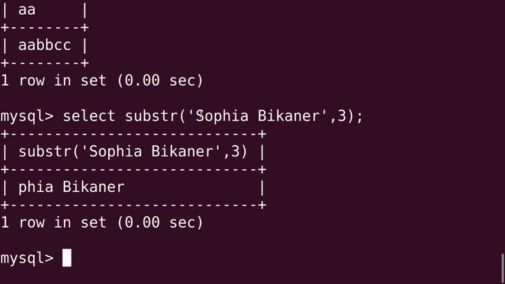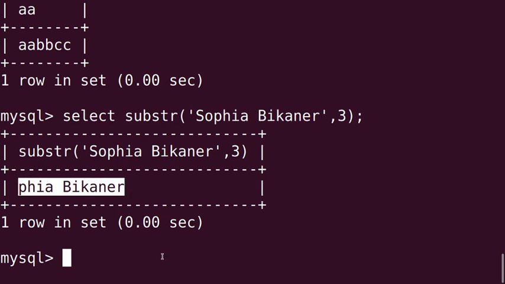Now if you count, this is the first letter, this is the second and this is the third position. In the third position, which letter are you getting? That is P. So from P, the rest part of the string will come in the output. Clear, girls? If the syntax is like that, string and then position 3, in the output you are going to get this one. Clear?